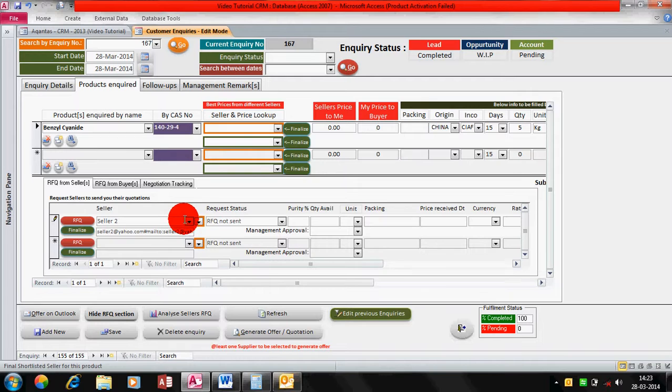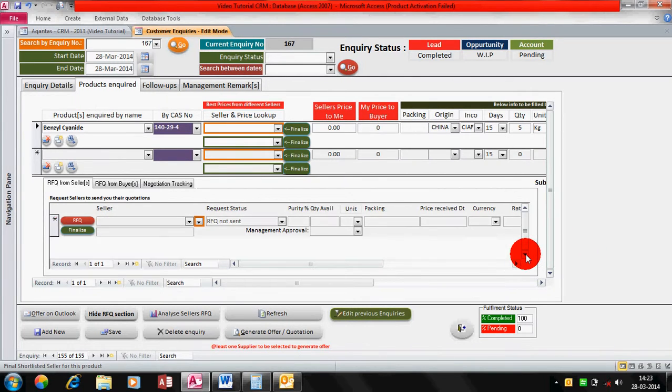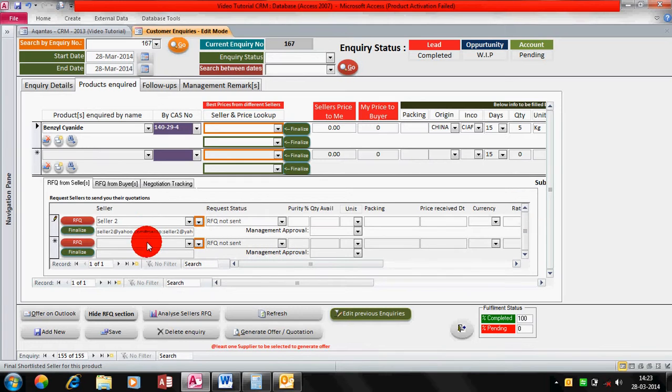Outlook is open in the background before you send an RFQ. Now you can request an RFQ from hundreds of sellers. We are not giving you the option, as of now, to select each seller with a checkbox and then, with one click of a button, send an email to all these sellers, because